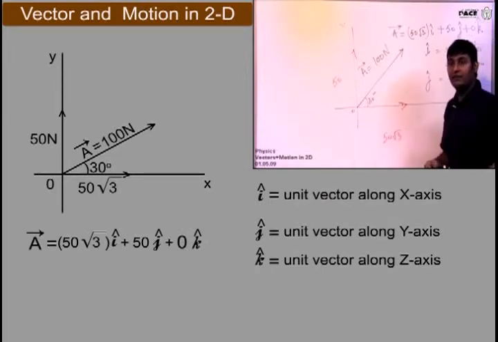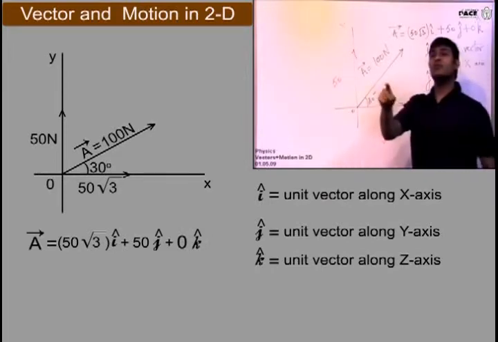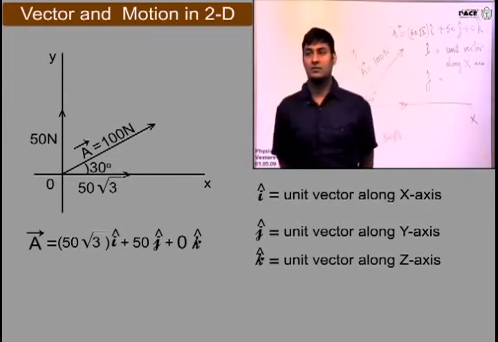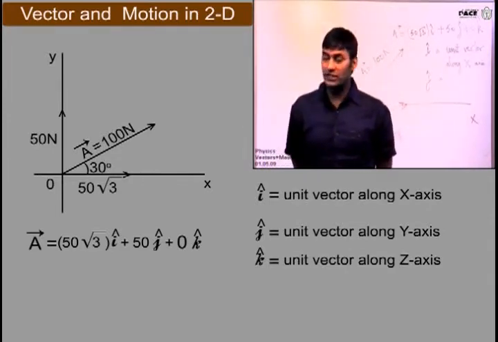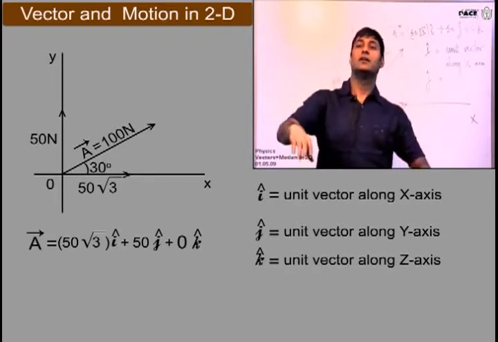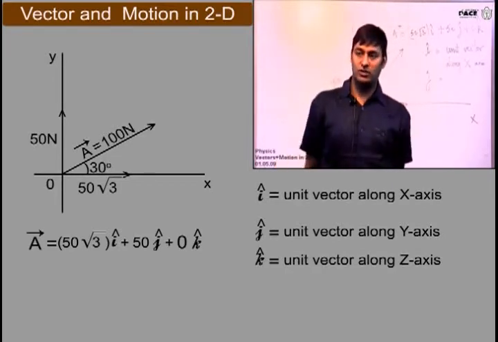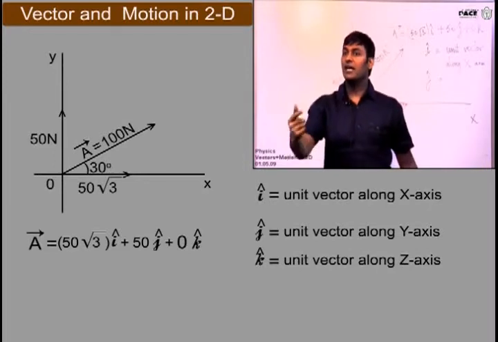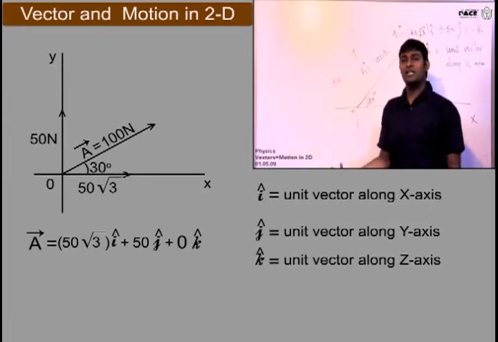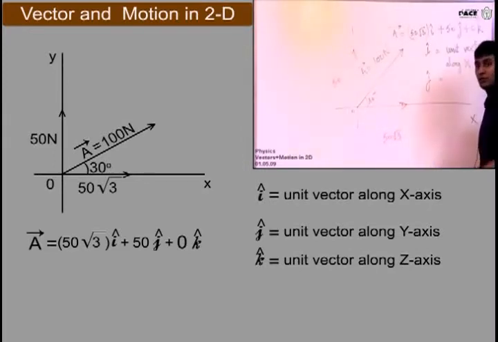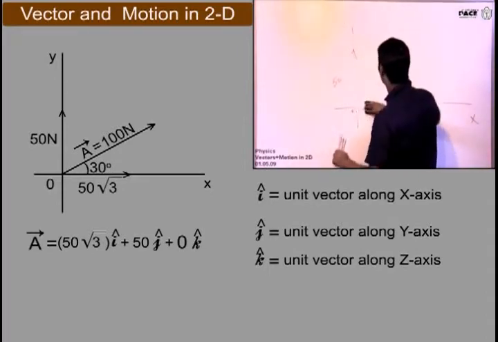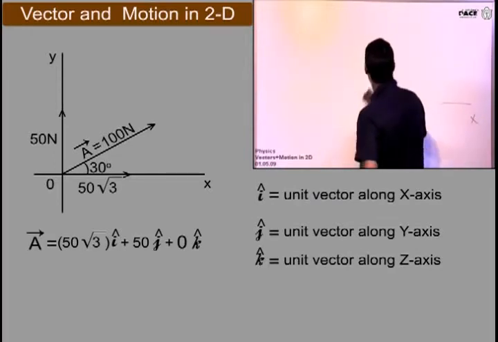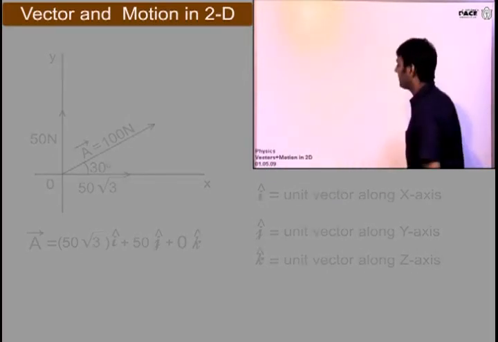Perfect. Everyone, is there anyone who has a problem in this? Very good. If you have understood this, then there is no problem at all now in vectors. Now just be attentive and write down the vectors in i cap, j cap, and let's see how we will use this information. So any vector A, B, C, now you will be able to write in i cap, j cap, k cap.